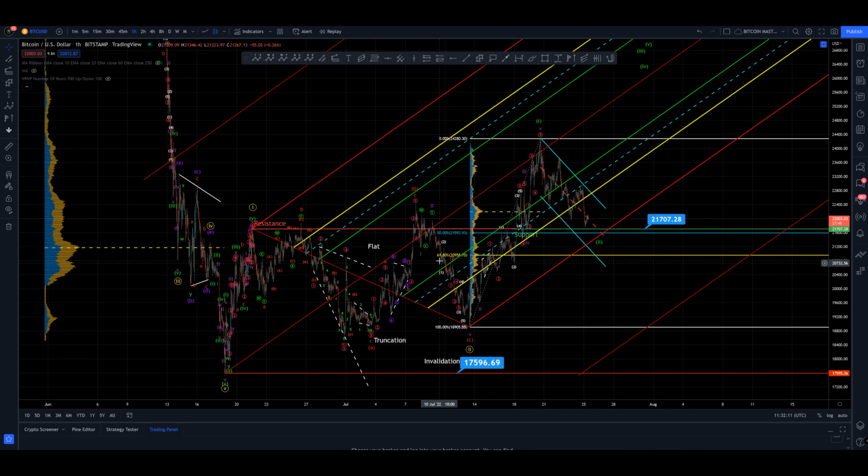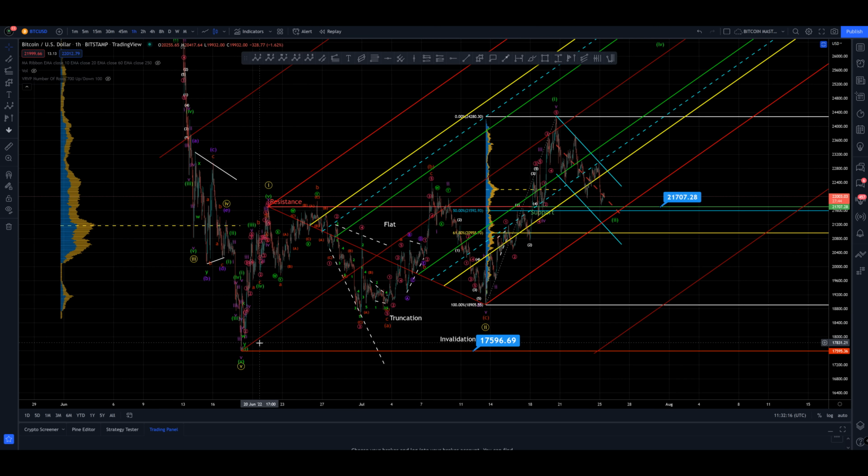So I'm just going to leave it like that. And that's the picture I've got for the primary count that we've bottomed here. It's a bit of a mess, but that's the best I can do. If we come down and break all these levels and make new lows, all of this is nonsense, and we're just looking for a positive move, an impulsive, emotive move off of the new low wherever it comes.